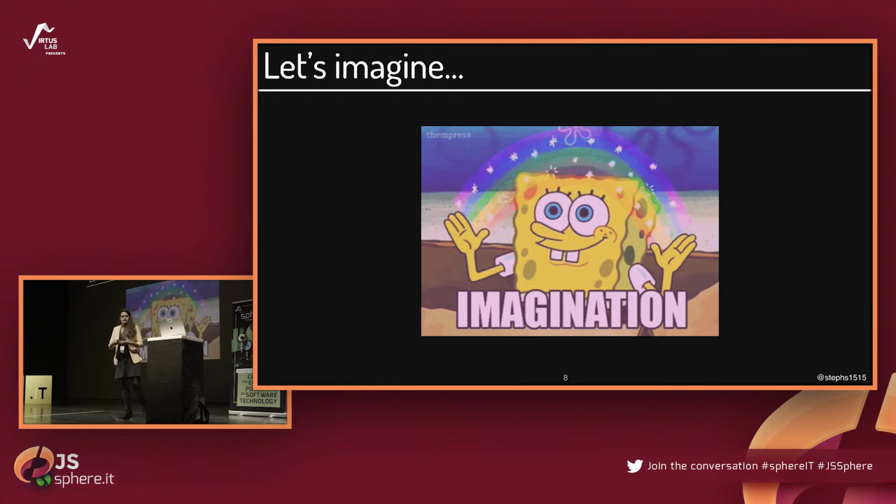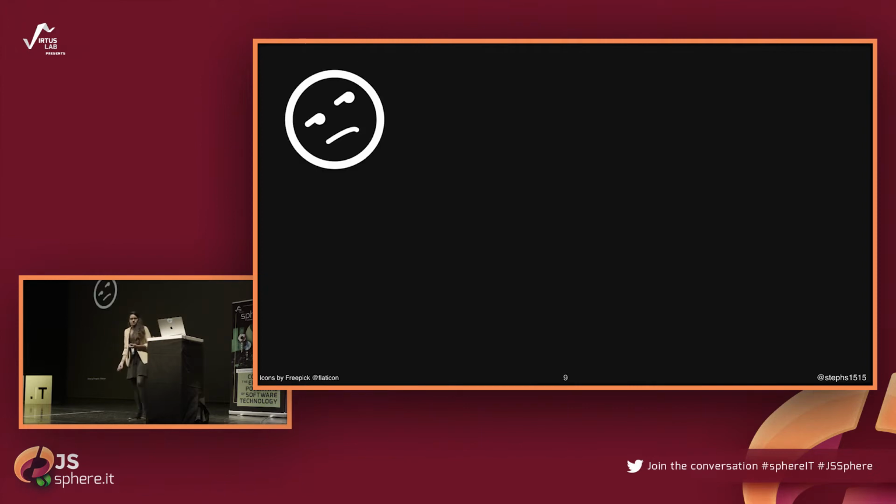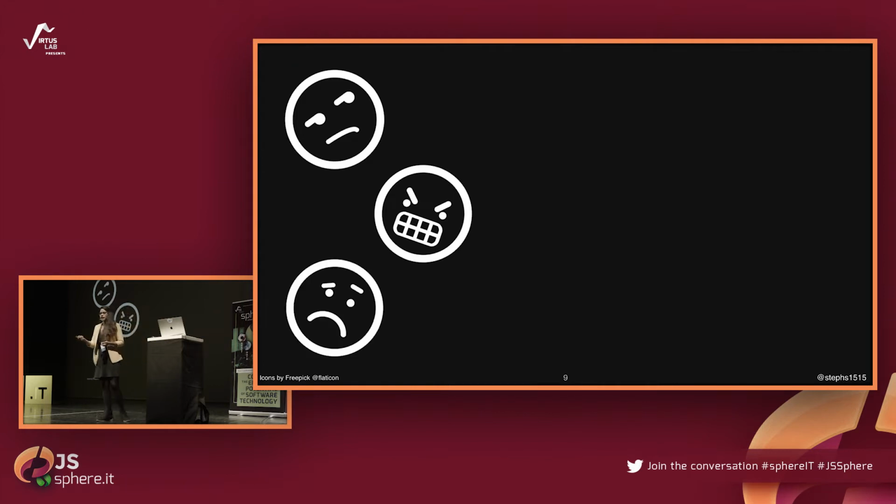And the thing is that when we develop websites or apps, we're looking for our users to feel happy or achieve something. But when we do things in an inaccessible way, then we're creating different feelings in our users. We're making them feel frustrated or angry or sad. And these are definitely things that we do not want our users to experience. And maybe, I don't know, but at least I don't want them.